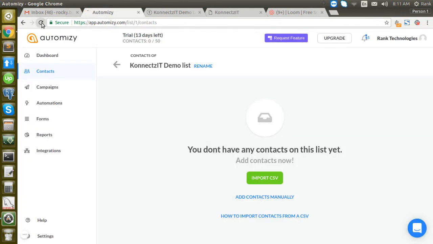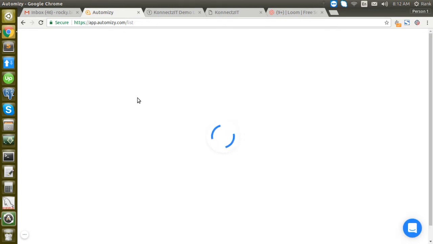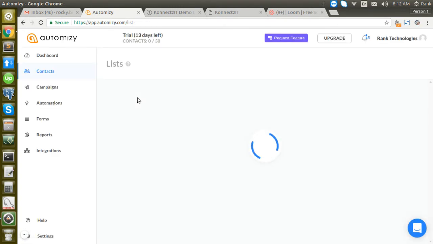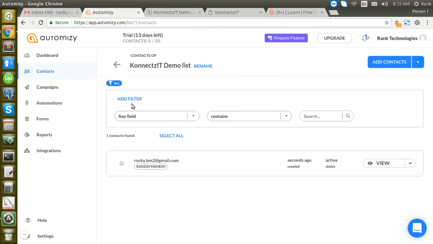Also the contacts on Automizy. Yes, you can see the contact list, that is my email ID and my name as a tag.